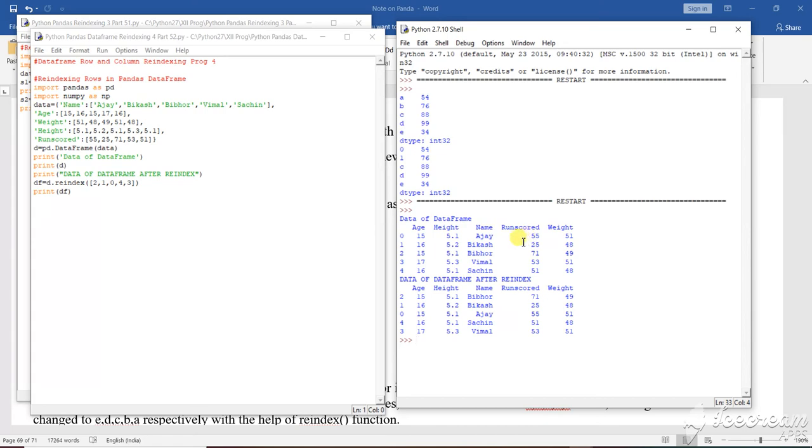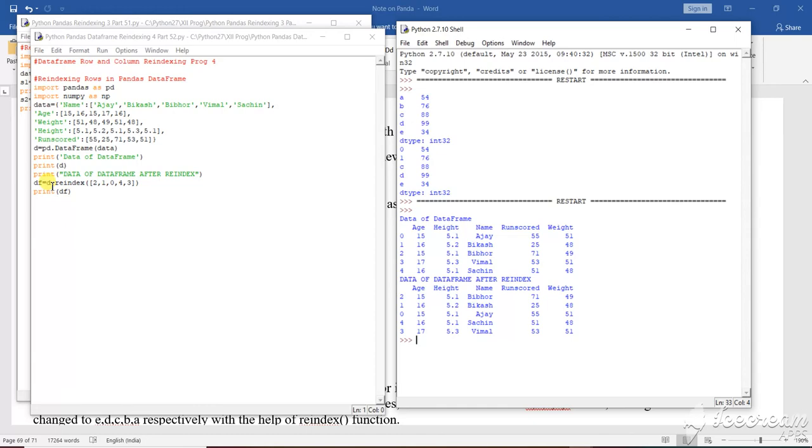The data frame is printed. You know how to do it: d equals pd.DataFrame of the data, and then where you are storing it, if it is d1, or a data series, whatever name you have given, s1, s underscore data, anything. That is the last assignment I gave you. In this way you print this particular series to see what output it is giving. Now what I am doing is showing the data of the data frame after re-indexing.